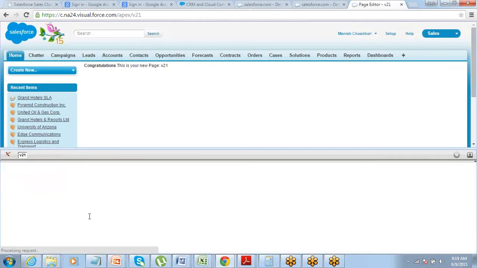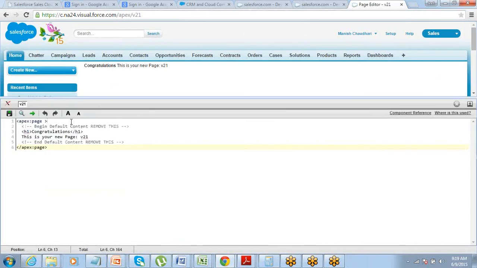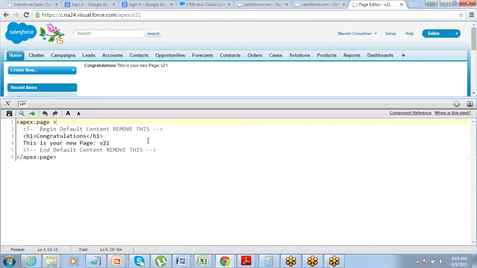Let's say on this page I'm using a standard controller, Account. So standard controller will allow me to use the standard functionalities of Salesforce, the basic standard functionalities of the Salesforce controller, right? Give me 1 second, please.